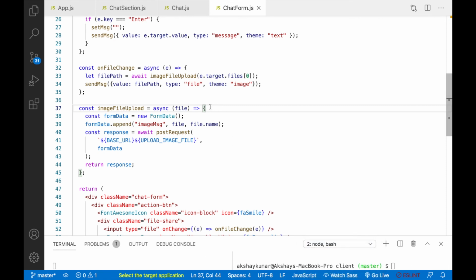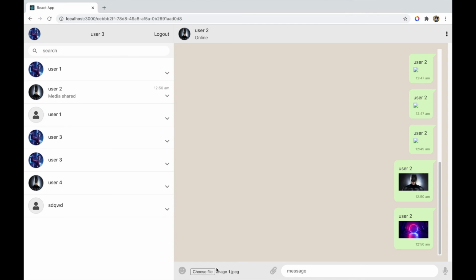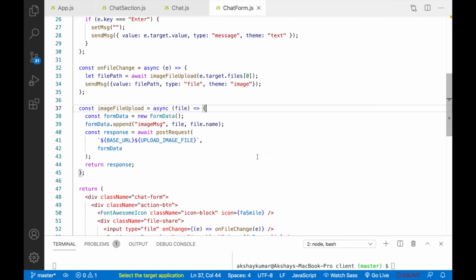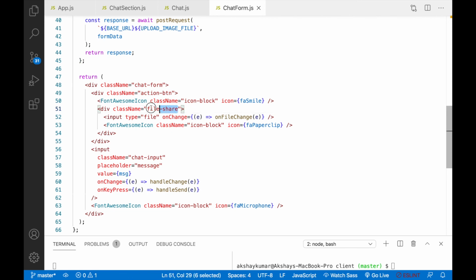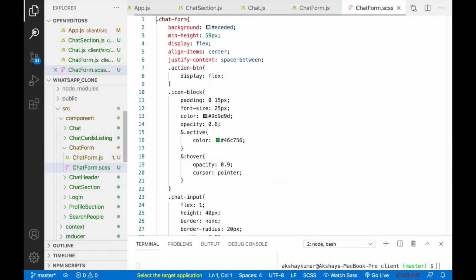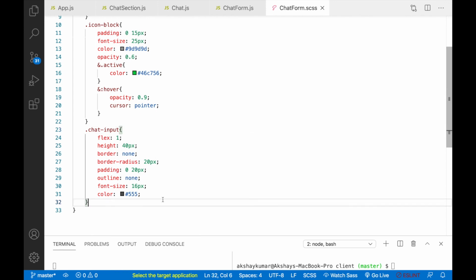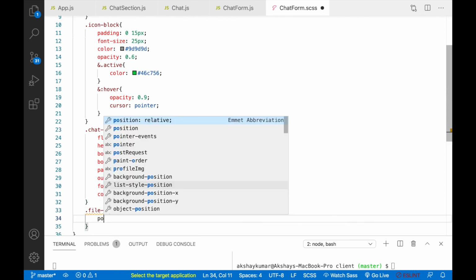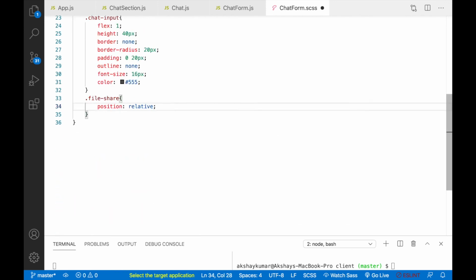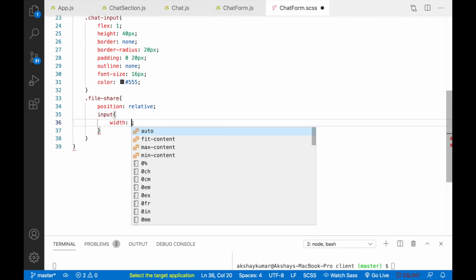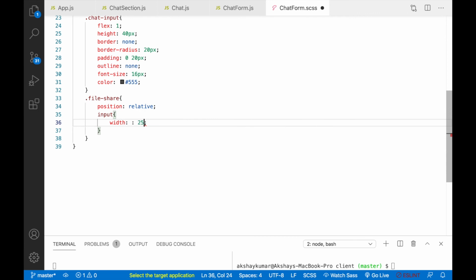Now we have to fix this CSS also. We already created that class name here, so now we can open the SASS file. I think somewhere here, file share, we can pass position relative. Then we'll take input, we'll take width, this will be 25 px, height will be 30 px.